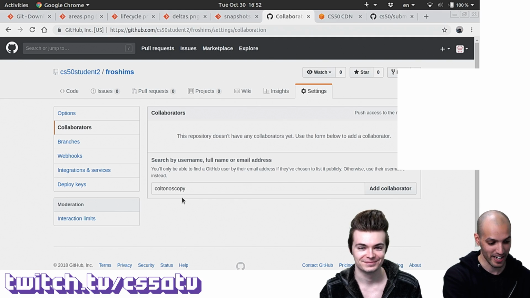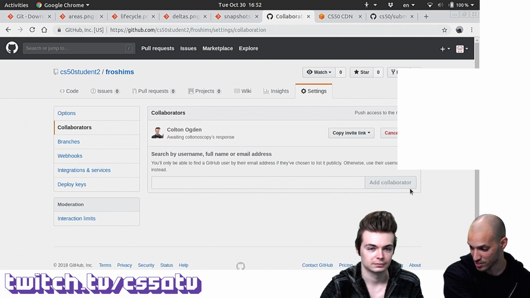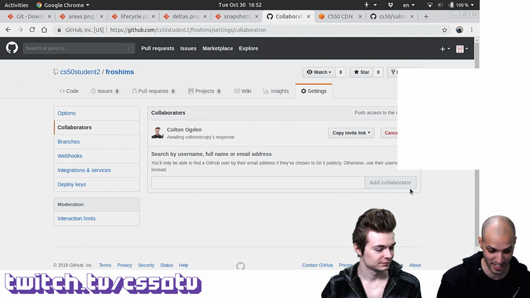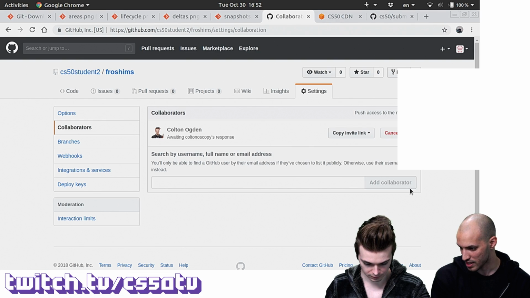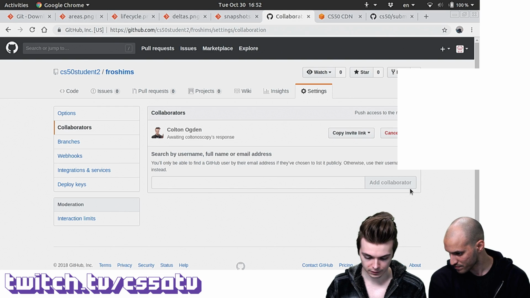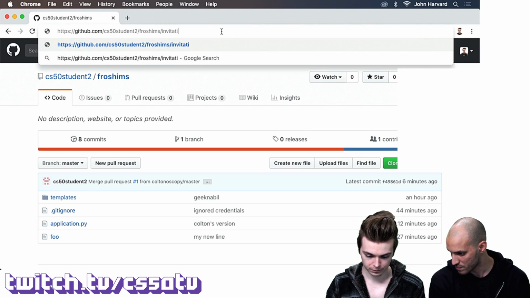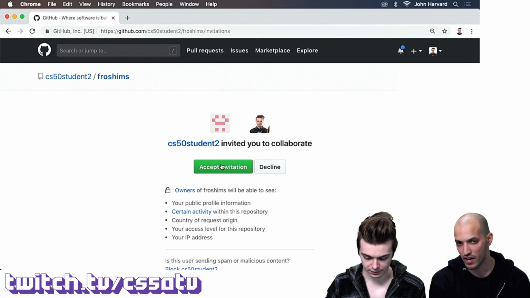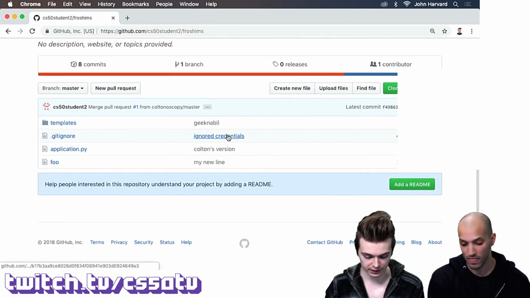Okay, so I can specify Colton's username, add as a collaborator, and once Colton accepts this invitation, I'd have to go into my email to do that? Not really. You can just go to the same repository, which is mine in this case, /invitations. Oh, /invitations on the repo? I think so. There you go. Nice, okay. And then you can accept. I think you do receive an email about this as well. Yeah, I think that's where I usually click it to accept it.